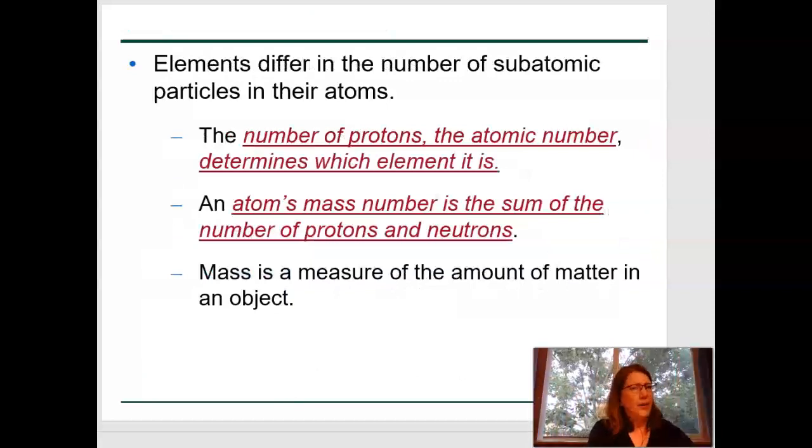All right, so where are we now? Now we are moving along on our study guide. Elements differ in the number of subatomic particles in their atoms. Subatomic particles, what are you talking about? Subatomic particles are just the protons, the neutrons, and the electrons. So you already know those names. So it's the number of protons, that's going to be the atomic number. That determines what element it is. And then you're going to have this mass number, and that's going to be the sum of the protons and the neutrons. I actually don't ask you to define that on your study guide,